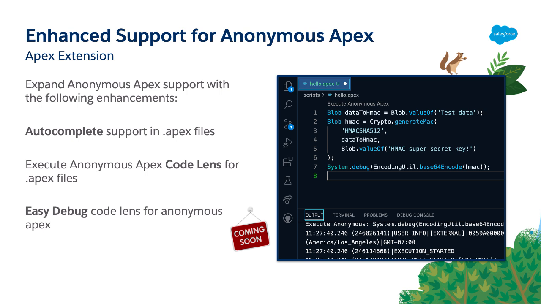So fear not, our team has been hard at work adding autocomplete support to your Anonymous Apex files. So now you should see helpful autocomplete suggestions all across the Apex in your project. Once you've finished writing your Anonymous Apex, we've also been working on making it easier for you to execute. You can now execute your Apex by clicking on the Execute Anonymous Apex code lens that'll appear at the top